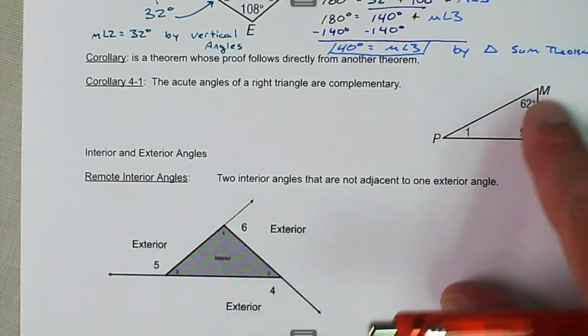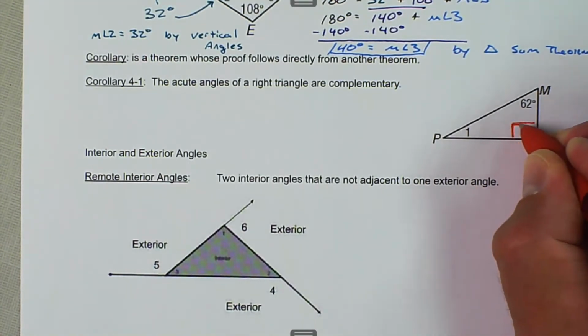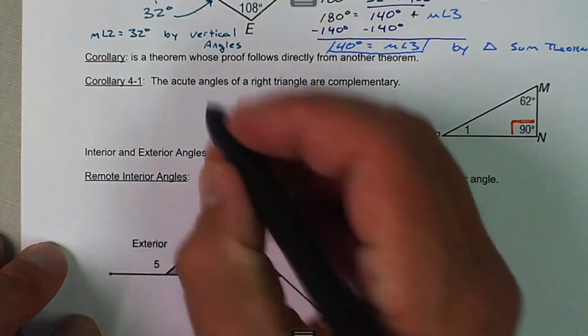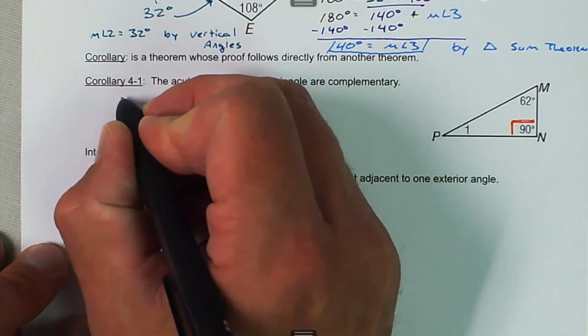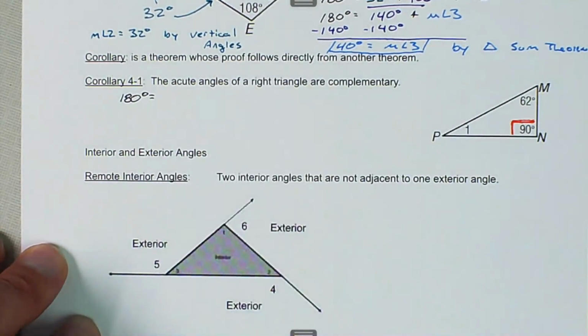And so over here we have our right triangle because we have a 90-degree angle right there. And basically it just says if one of the angles is 90, then the other two added together are also 90. And that comes right from the Triangle Sum Theorem. So the Triangle Sum Theorem says, if we're using this example over here, we'll say 180 degrees is equal to